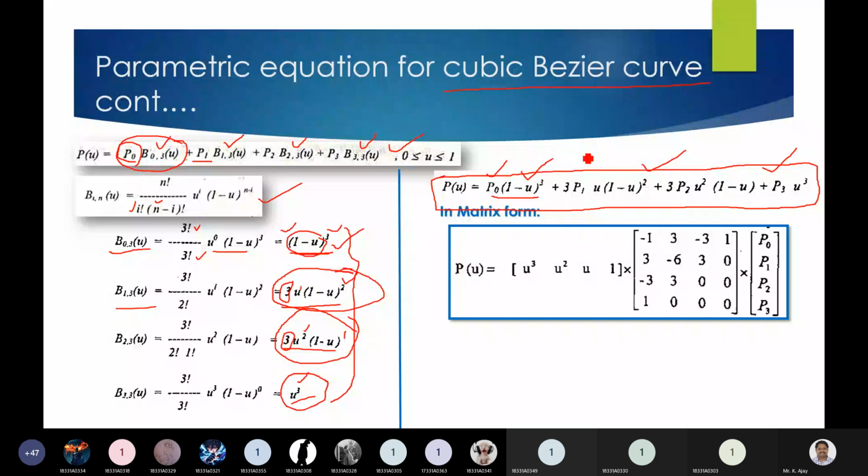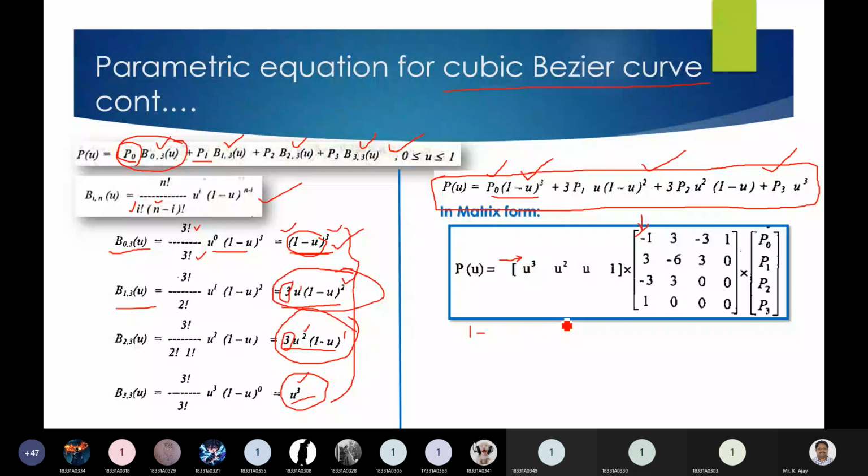So if you apply that equation and then expand all these, 1 minus u whole cube, 1 minus u whole square, and multiply all those things, and then try to understand, look at here. This is a horizontal row and this is a vertical row, right? So u cube would be multiplied with a minus 1, u square 3, u minus 3, 1, 1. So I can write it like this: 1 minus 3u plus 3u square